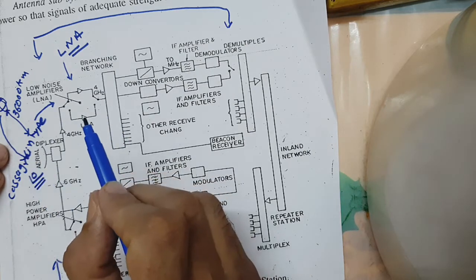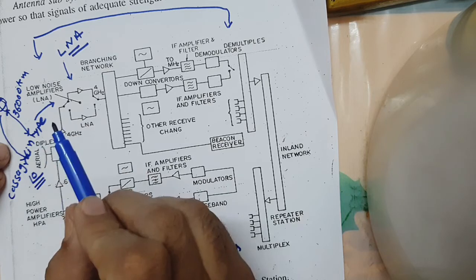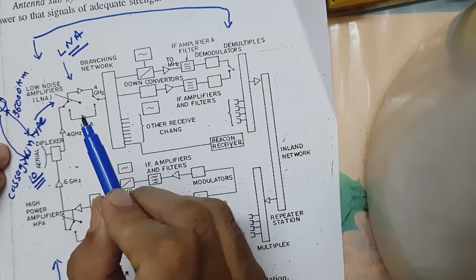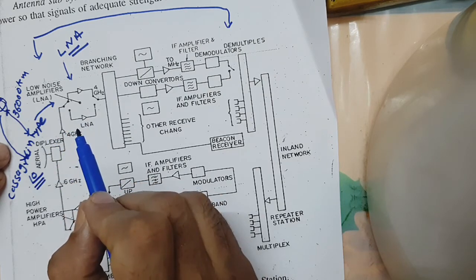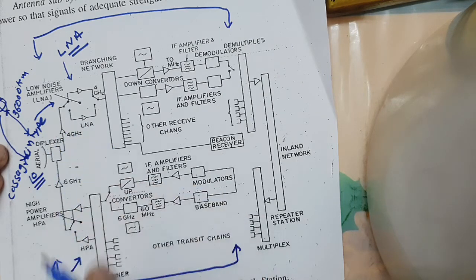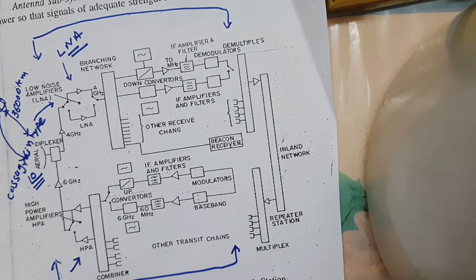The alternative to this is to make use of thermoelectrically cooled amplifiers mounted just behind the antenna to reduce the loss as well as the noise contribution. These are the two main blocks in this block diagram through which we can decrease or remove the noise level which is inside the signal coming from the satellite.